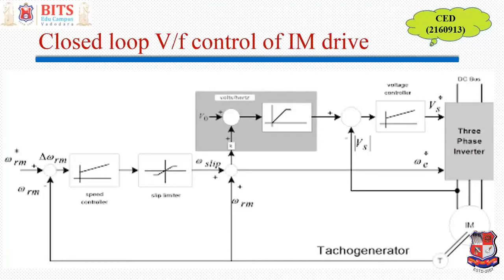signal or a command signal or a required output, and you measure the actual output, you compare it, the comparison results into error, and you always try to minimize this error or reduce this error to zero. And the agency or the arrangement which does this is called the controller, right? So here you can see over here that this block diagram, that means the arrangement starts with the speed reference. This is nothing but the required speed at which you want to operate.